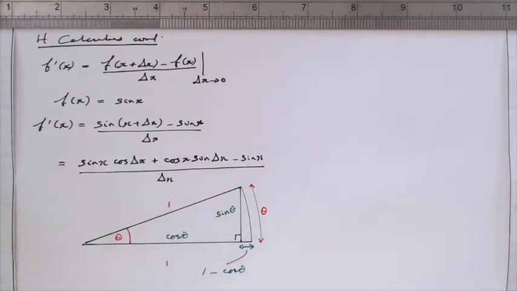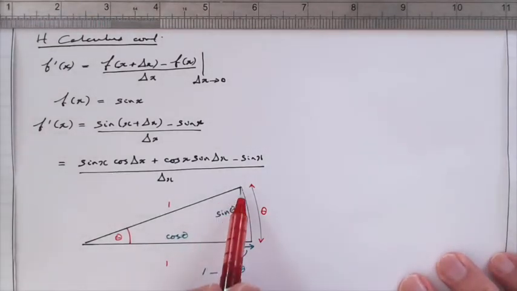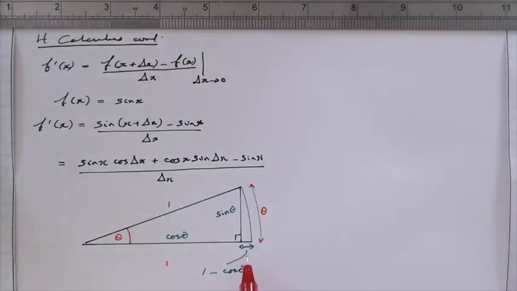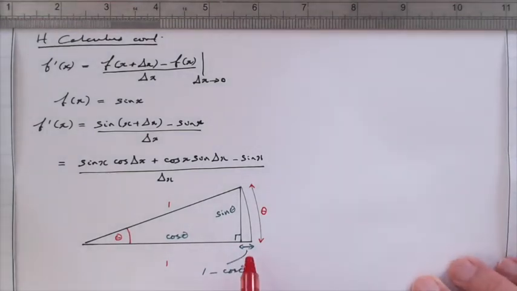So what's clear is that as we make this angle smaller and smaller, these two lines will become very hard to distinguish from one another. They're going to become more and more similar, and this tiny little horizontal line, which is 1 minus cosine of theta, is going to become harder and harder to even draw. So it's very reasonable for us to